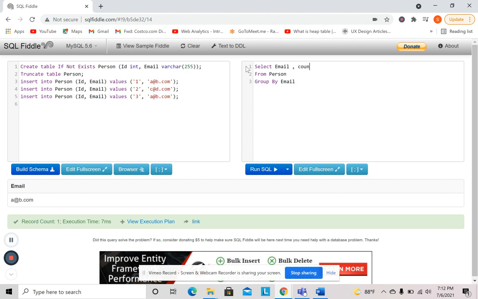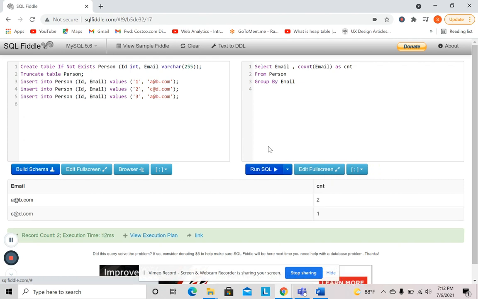So we will count it as COUNT(email) AS cnt. And then if we quickly run it, let's see what the count is for each email. So we see that a@b is coming two times and c@ is coming one time.